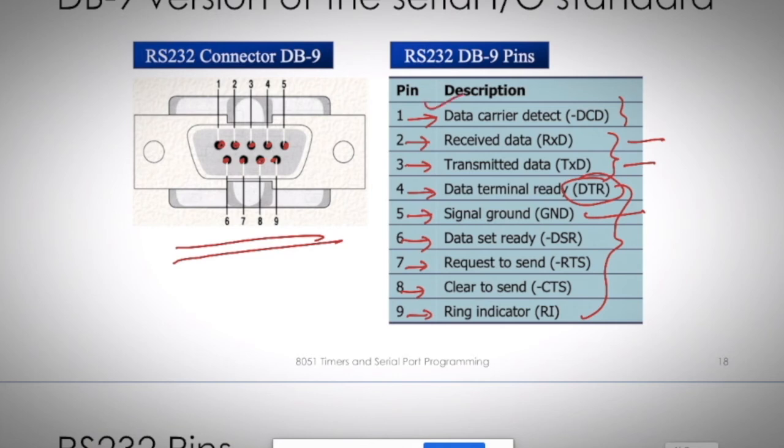The second last ones, receive and transmit, I did not explain, because this is nothing but the data itself. So there is no need of explaining data. This is over, this is over, and one is the signal ground. That means all the pins are explained. Okay, now